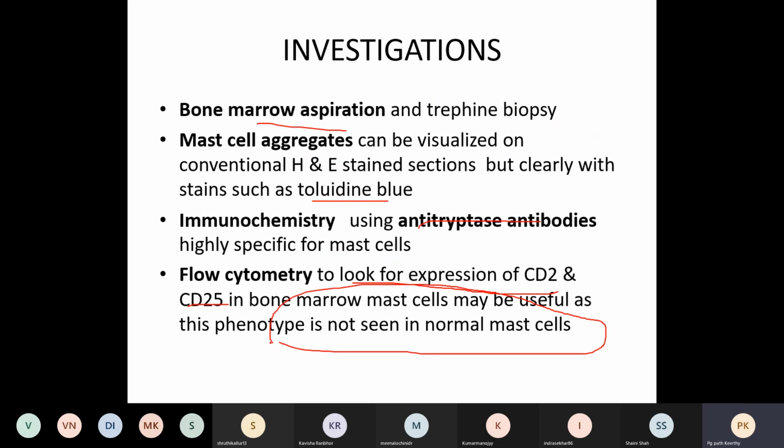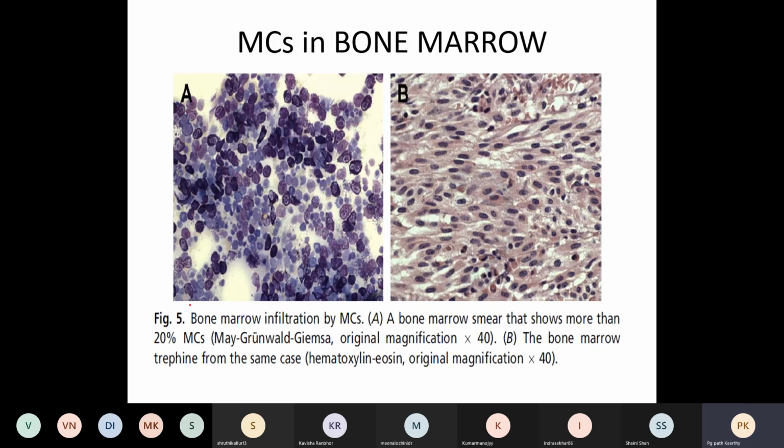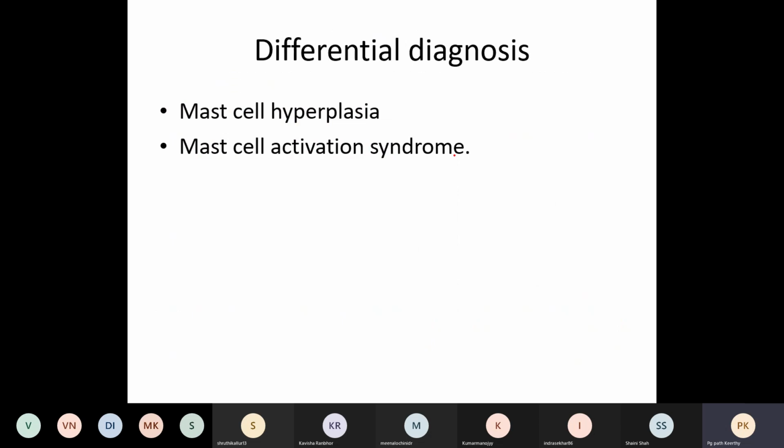Even in asthmatic patients and allergic patients, you see sheets of mast cells. You can't tell he's having mastocytosis. It's a different entity, okay, that is non-neoplastic. It is neoplastic. So your CD25 plays a very important role. That's how the bone marrow picture shows. See, these are your mast cells. Can you see how many are there? And these are the spindly cells. So here in the bone marrow biopsy we are seeing these mast cells, in the aspiration and biopsy.